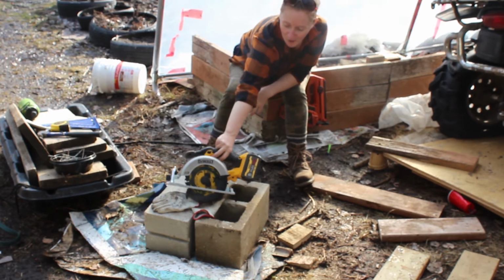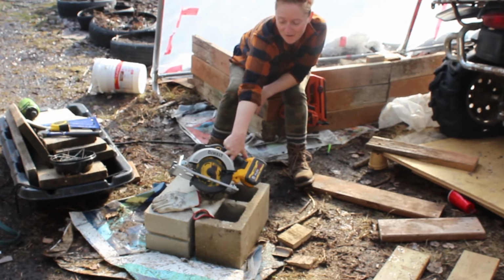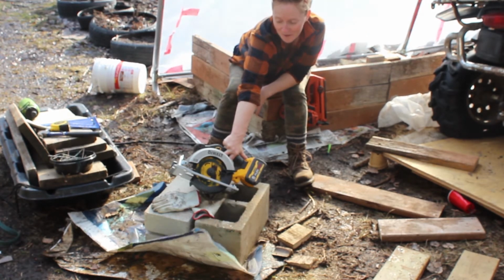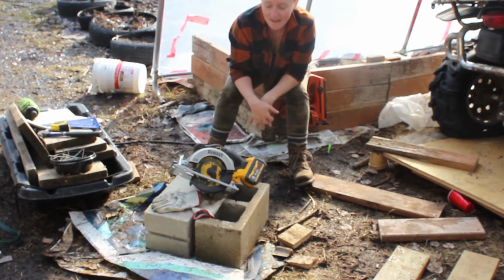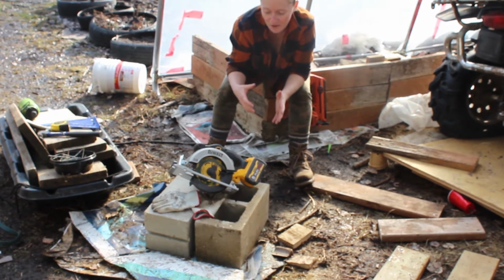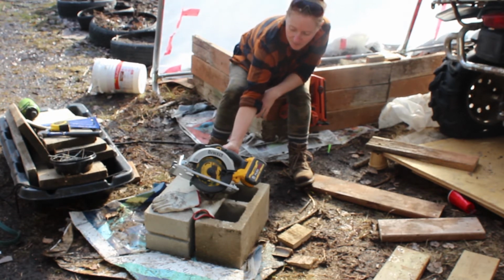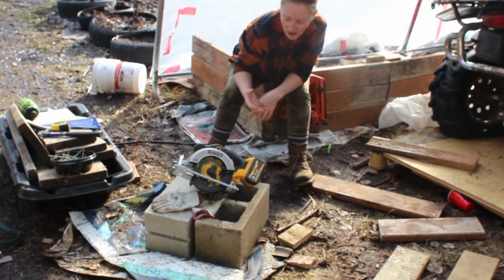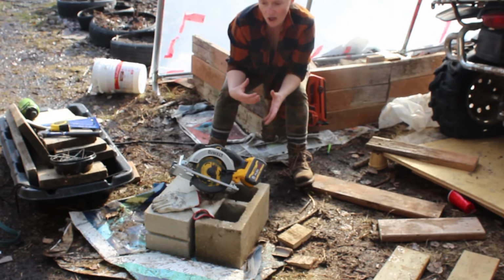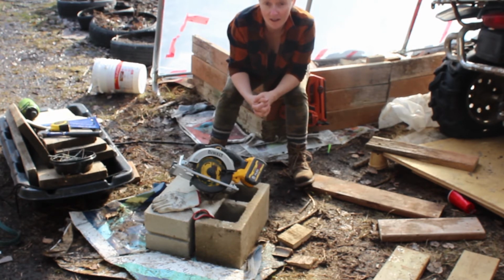But my husband brought home this baby for me, and she's a left-handed skill saw. Finally, they're making tools for left-handed people. So I'm very happy that DeWalt makes a left-handed skill saw. It's light, it's really, really great. It feels so natural in my hands. The only thing I struggle with is this trigger, this safety trigger. I think just because of having small hands and not used to using 2 fingers to operate something, but I'll get there. But I'm just really happy that I was able to get out here first off by myself, and